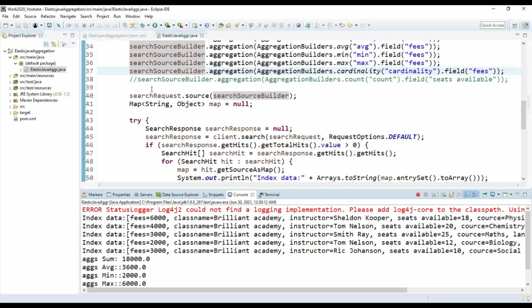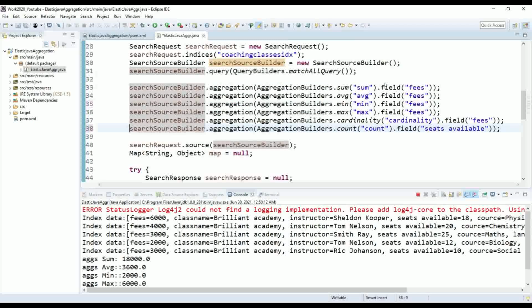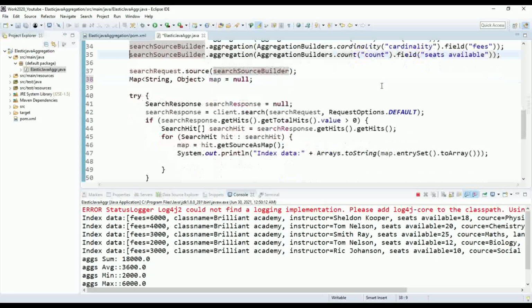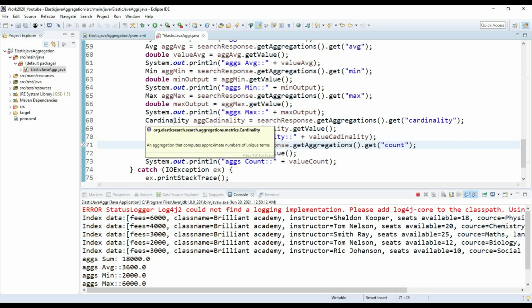Now we want one more aggregation, the total count considering the duplicates also. So cardinality is for a distinct count and count is for the overall count. What cardinality says is that the aggregation computes the approximate number of unique terms, meaning it will give the unique records.